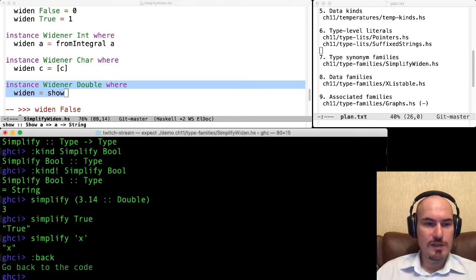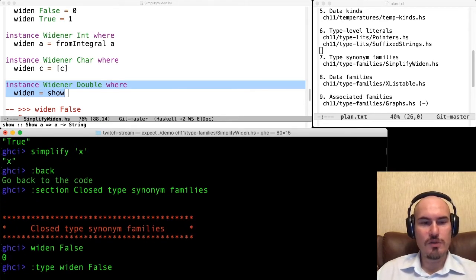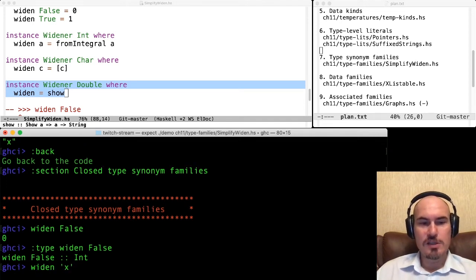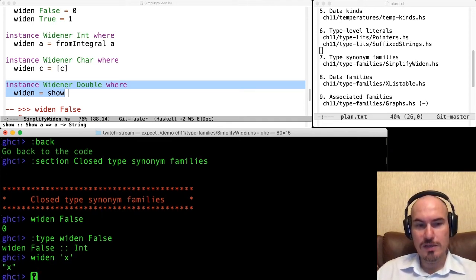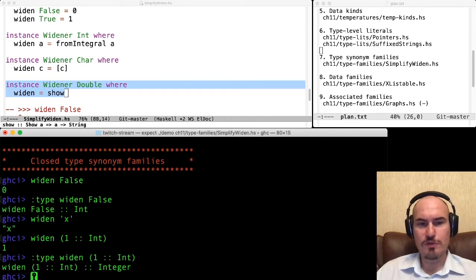And now let's look how it works. So we use it with false, it's all right, and the result is int. So bool was widened to int. Character is extended to strings. Integer numbers are extended to integers, int to integers. And the type is, of course, integer as a result.